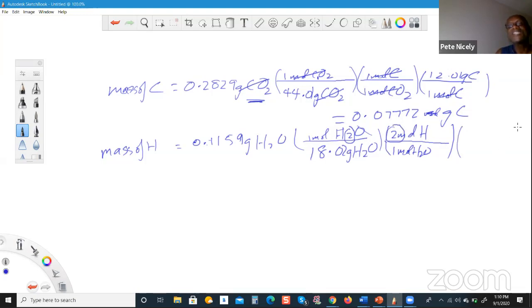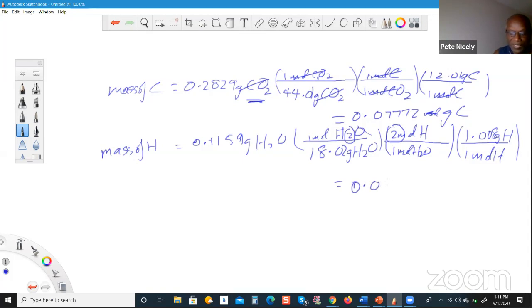The next step is in the final stage here, where we multiply by the molar mass, in this case of hydrogen. So 1 mole of hydrogen will be down here, and 1.008 grams of hydrogen will be above, and work this out. So 0.1159 divided by 18.02 times 2 times 1.008. And according to my calculations, when you round off to 4 sig figs, you're going to get